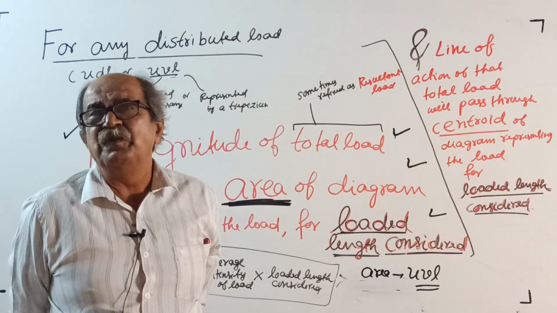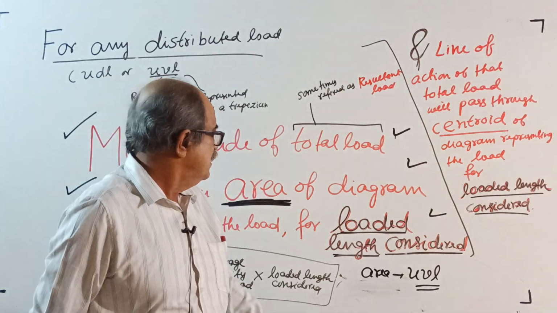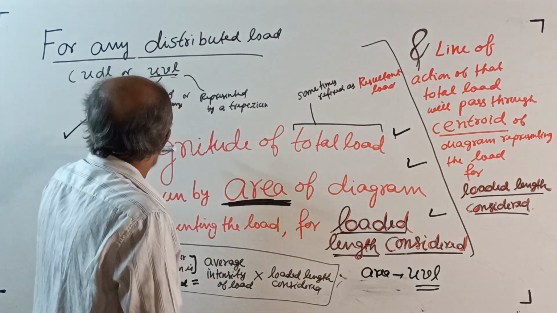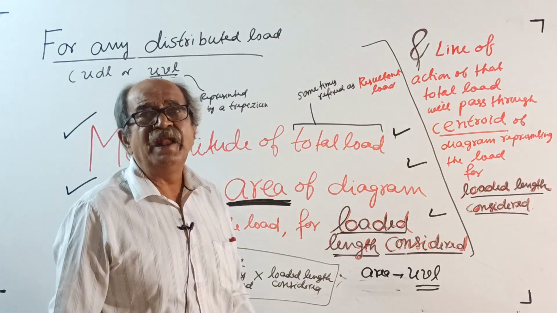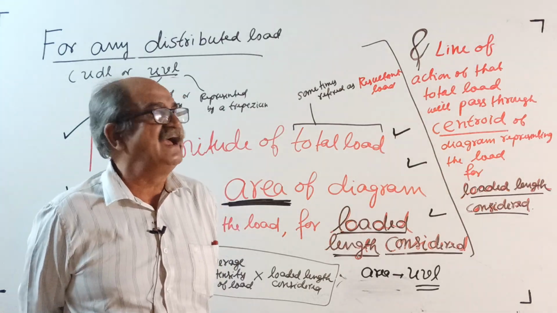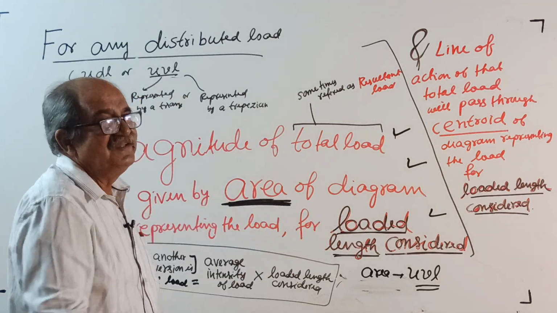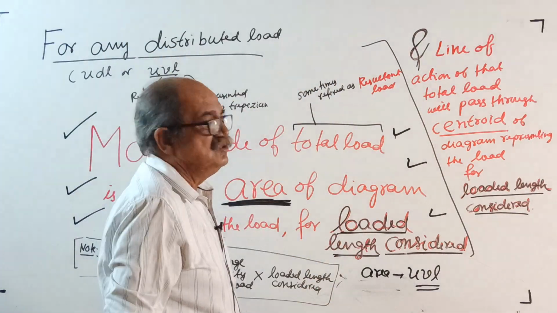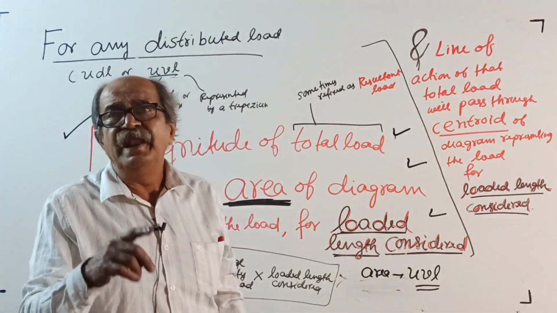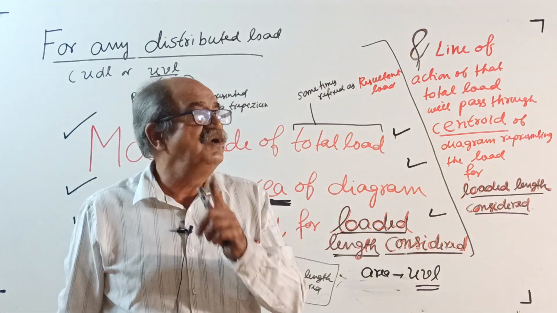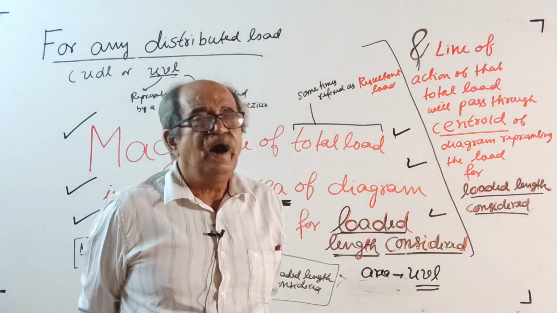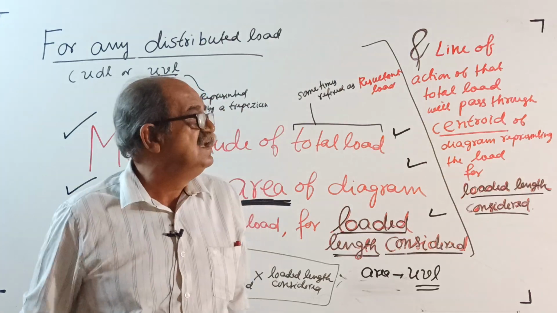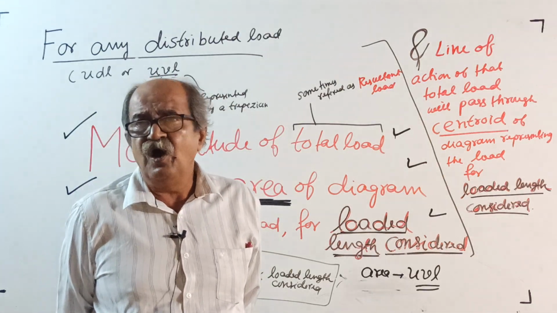Nothing, just intensity of load into loaded length. So this is usually for UVL, but it is valid for UDL also. Why? Area of the rectangle. But we don't require the area of the rectangle; we write it like this, which I will explain to you. So make a big note. Whenever you get a uniformly varying load represented either by a triangle or by a trapezium,